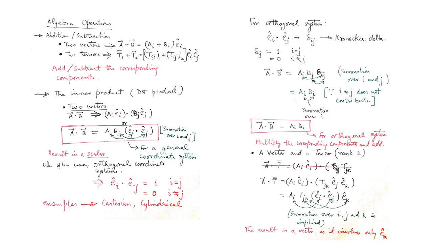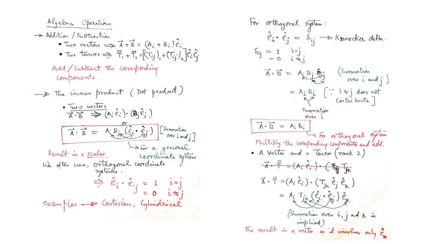Now, you notice also that the result comes out as a scalar. Why? Because after all, a_i b_j are just real numbers, and e_i dot e_j is also a scalar. So all the quantities written on the right for the dot product are just numbers, and the result will be just a scalar, not a vector. So the dot product comes out as a scalar, which is expected, but for a general coordinate system will have 9 components.